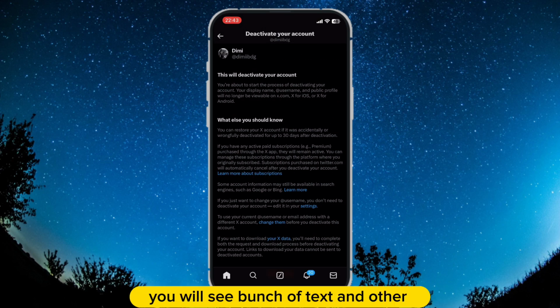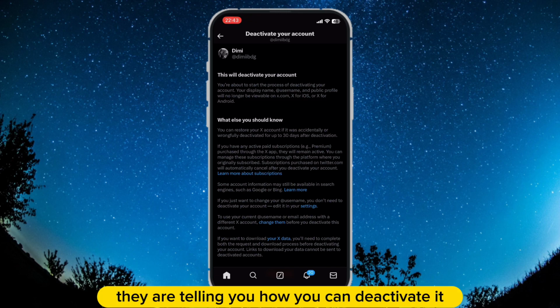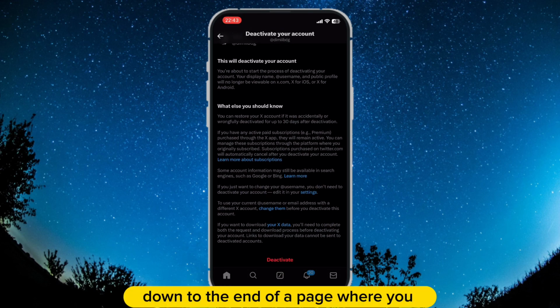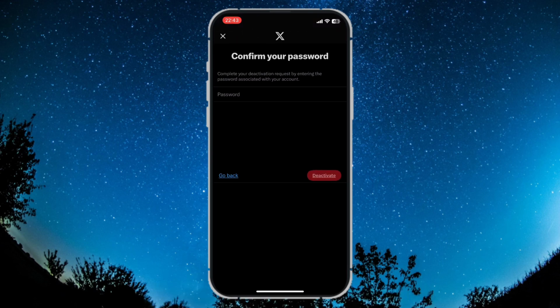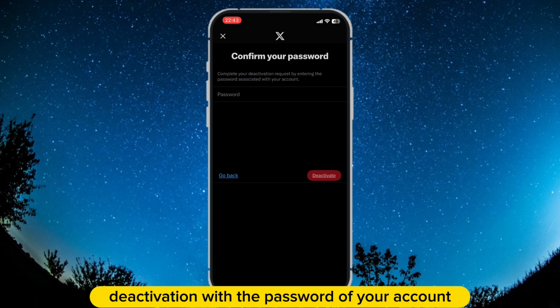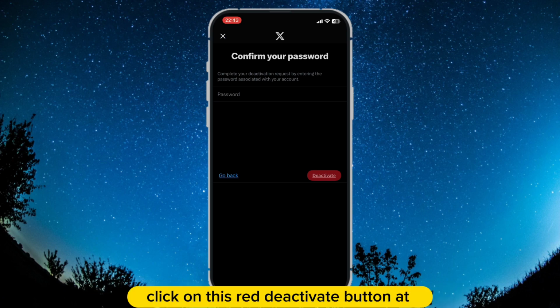When you do that, you will see a bunch of text and other stuff you don't care about reading. They are telling you how you can deactivate it, what will happen, etc. Now scroll down to the end of the page where you will see a red Deactivate button. Click it. This will lead you to a new page where you will have to confirm deactivation with the password of your account. After you fill in the password, click on this red Deactivate button at the right corner of your screen,